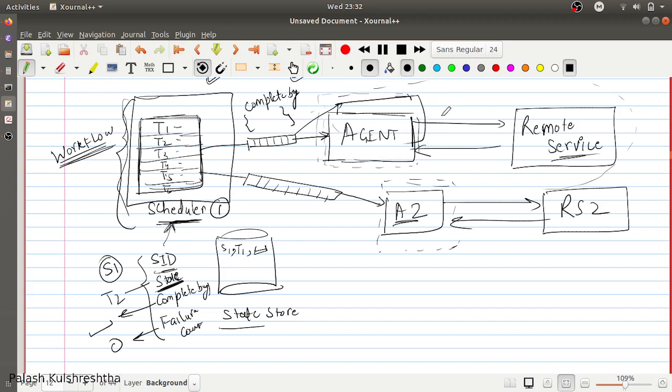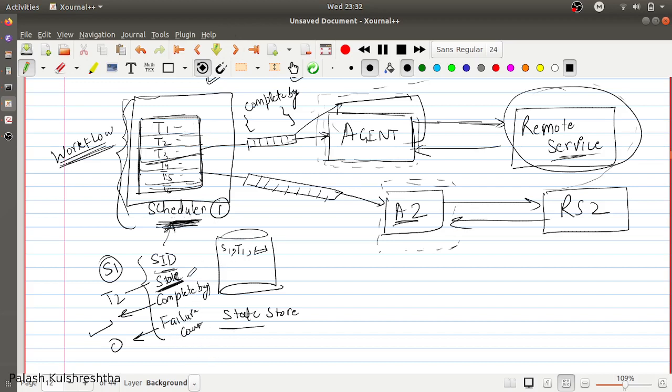And if there is some challenge for an agent to connect to a remote service, then it can retry calling the remote service if the remote service is idempotent. If it is not idempotent, then it can send back the error via the messaging queue, so that the scheduler can know that there is some transient or permanent error in the workflow, and then the scheduler can update the status.